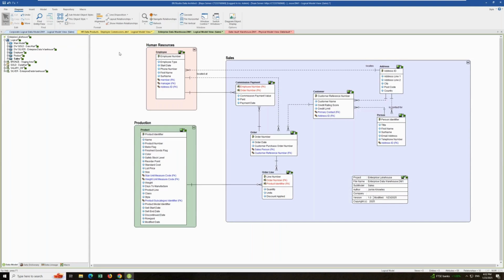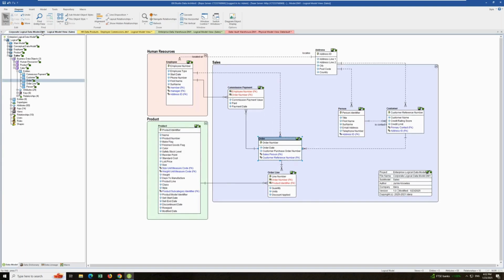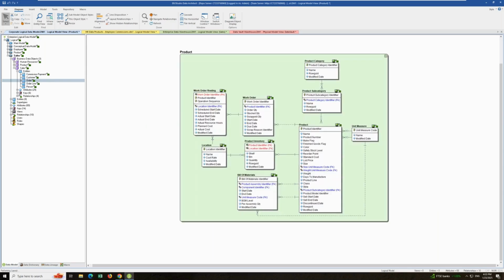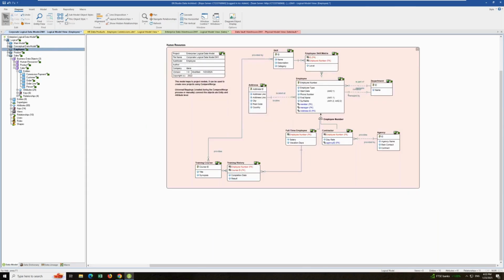Now we can go to our data warehouse. Let's think about how we're going to realize that data product in our data warehouse. So with ER Studio here, I've got a logical model, and I can arrange that logical model into these different submodels. So again, just going back to the enterprise logical model, you can see these different submodels. I've got one for sales, I've got one for product management, one for HR. Okay, so I can break the organization down nicely into these submodels,